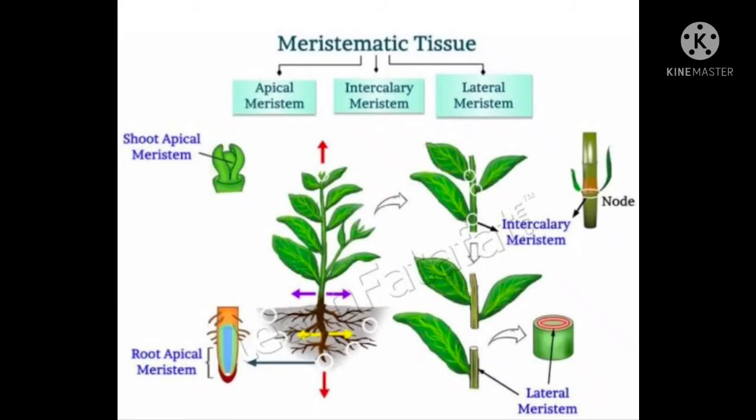Then on the top, that is the shoot. Okay, so the shoot of the plant. In that shoot, apical meristem. Then you can see the intercalary meristem is present in the nodes. You know the nodes of the plant. Okay, see here in the image they have shown also. So my dear students, please be attentive. Okay, so the intercalary meristem is present in the nodes as shown in the image. Lateral meristem. Okay, whenever you cut a stem, you will see the layers. That is the lateral meristem. Okay, so now we are going to learn about this in detail.